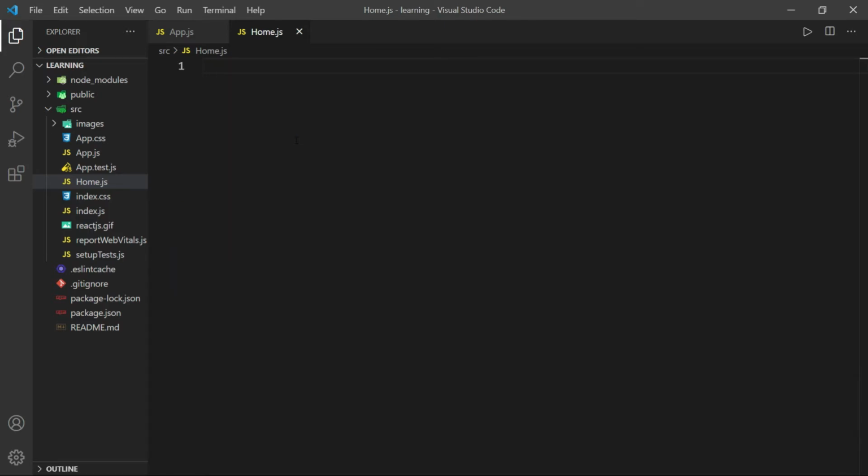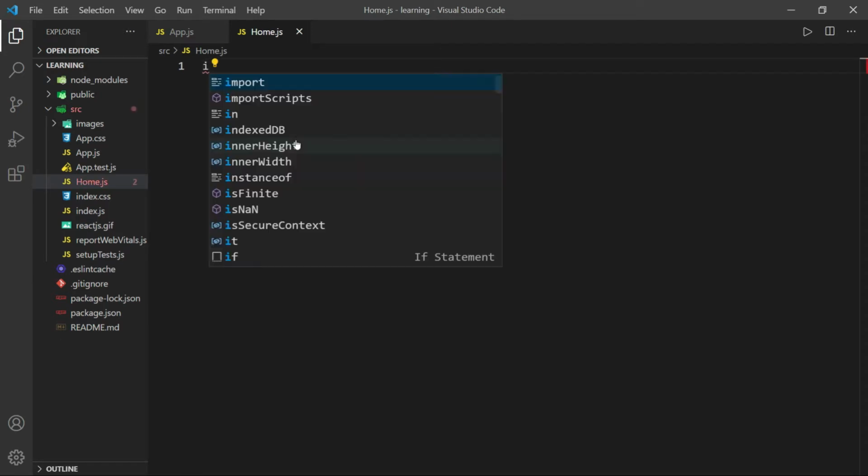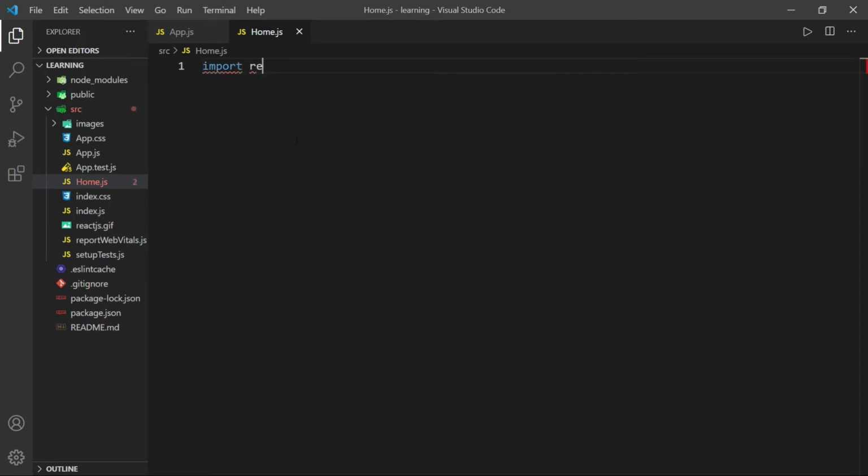First you need to import React. So to import, write import React from React. Now one thing you should remember: if you are creating a component, then the first letter of the file name should be capital. If you want to use a component later, then it is a good way to write it so that the capital letter is there in your file.